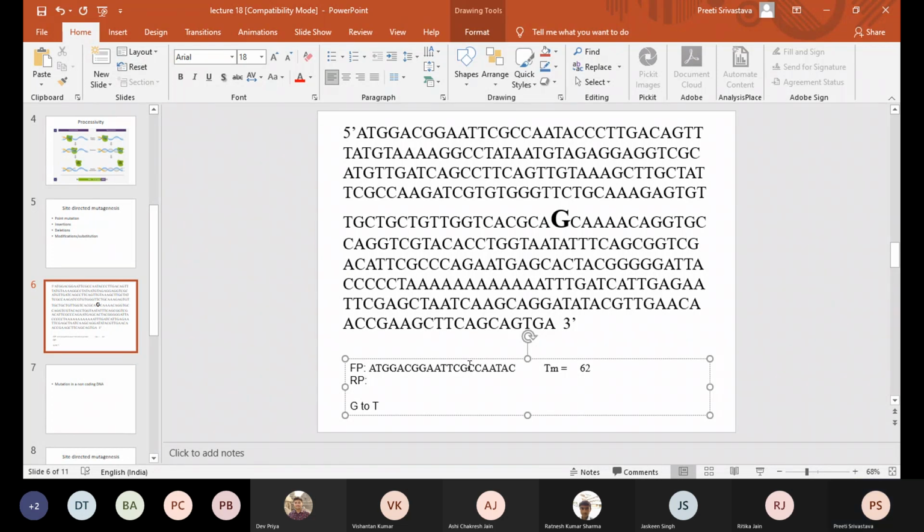Reverse primer, Dev Priya? Or Jaskin, would you like to explain and then let others design? Yes, ma'am. The reverse primer would be the complementary for this sequence, but from the 3' end. Okay, so tell me the sequence.